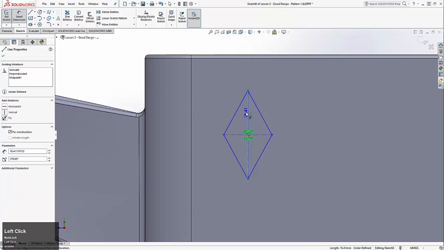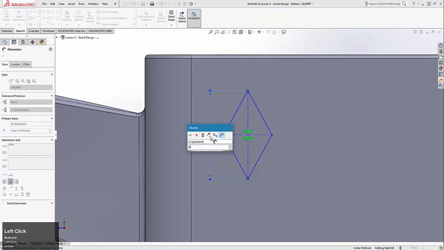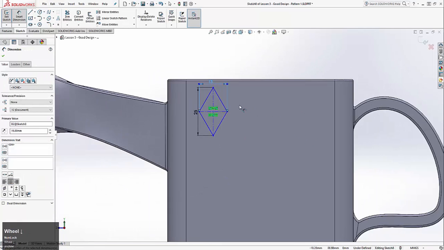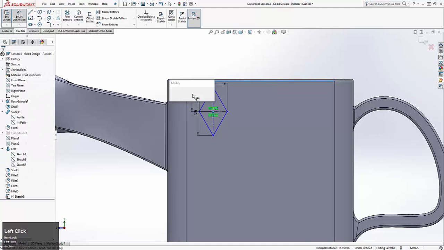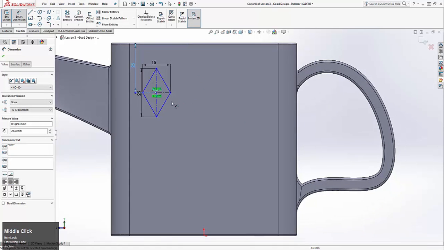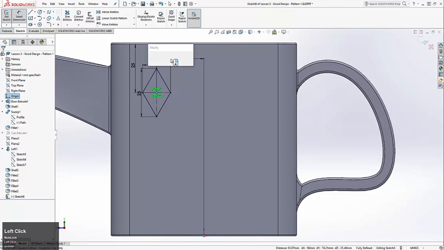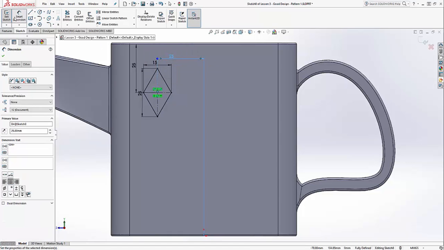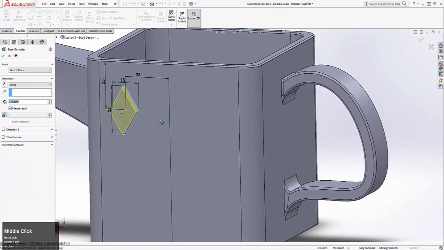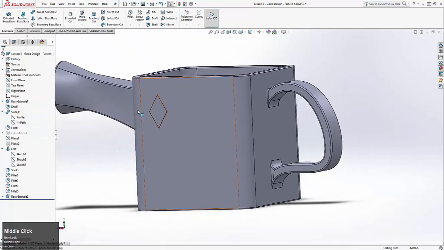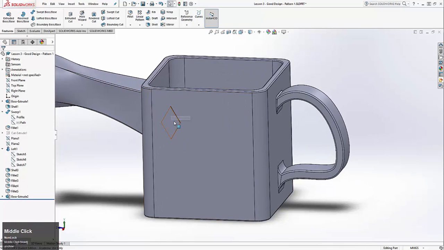So we can say this is 25 and this is 15. There we go. It's going to be 25 from the top, I think is what I said. And then also 25 from the middle. Very simple. We'll extrude it only 1 millimeter because it's just a decoration. It doesn't need to go far. So we have our one diamond now, and instead of making the same diamond and recreating with the sketch 8